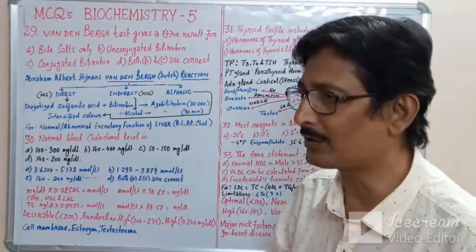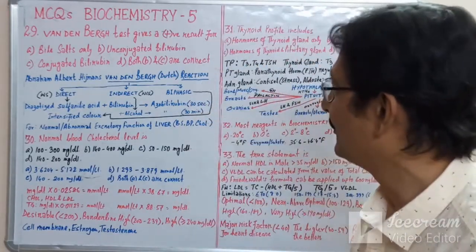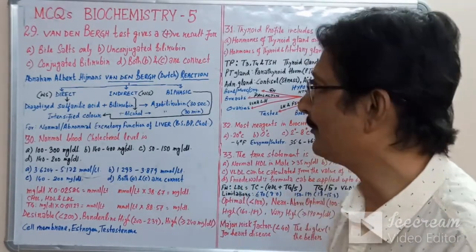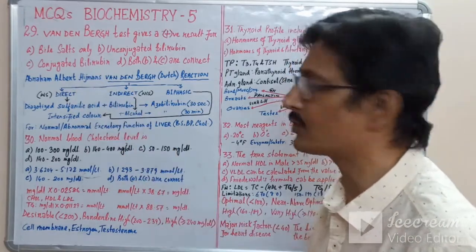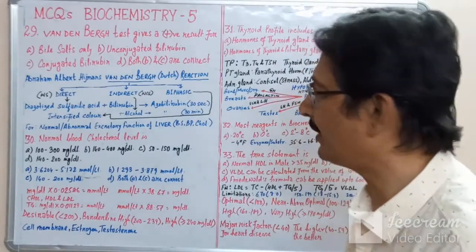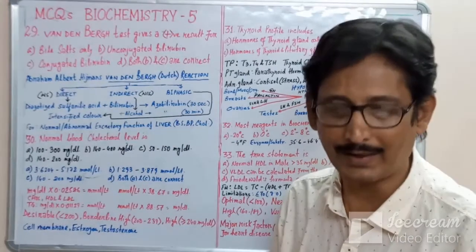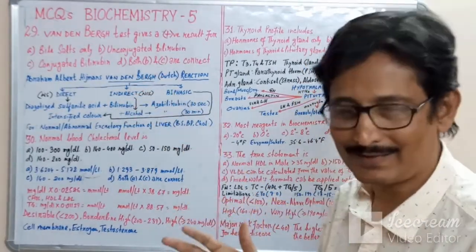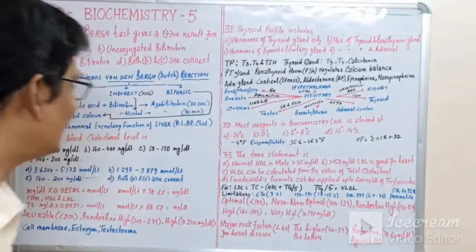Question number 29 asks: the Vandenberg reaction, Vandenberg test, gives a positive result for which of these? A is the bile salts only, B is unconjugated bilirubin or indirect bilirubin, C is conjugated or direct bilirubin, and D option is both B and C are correct. Now, the Vandenberg reaction